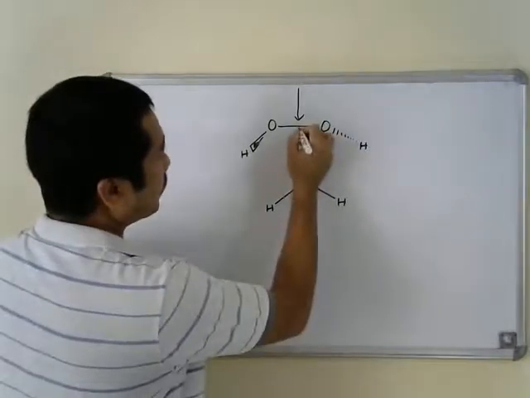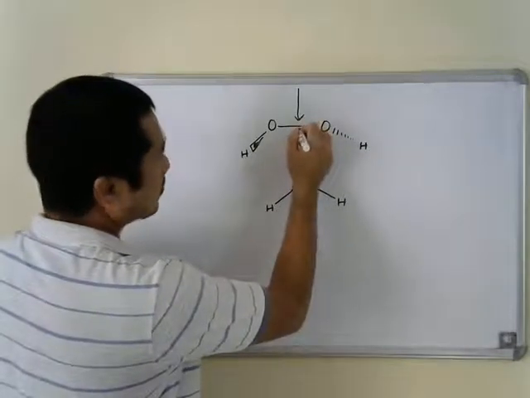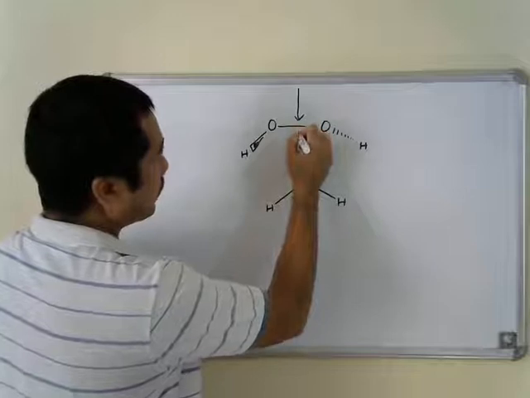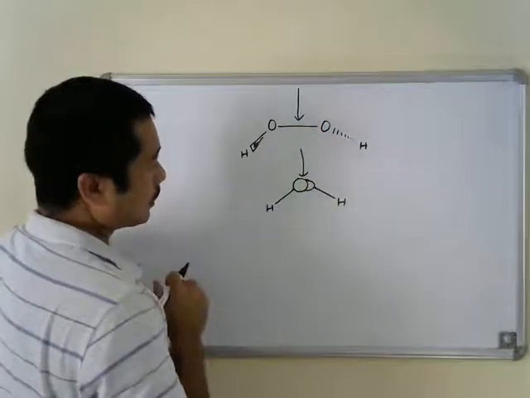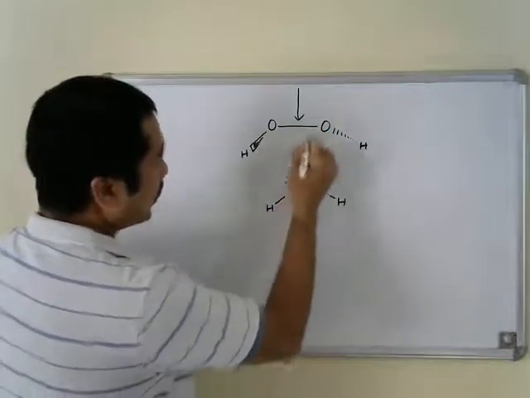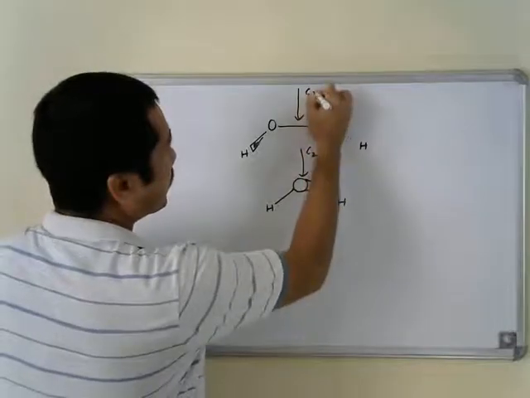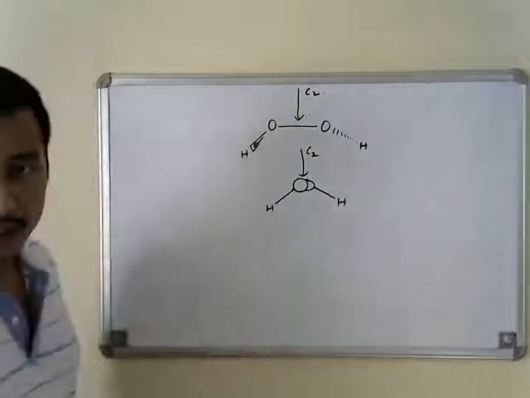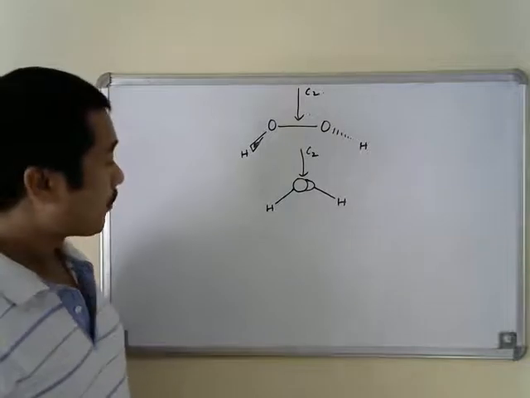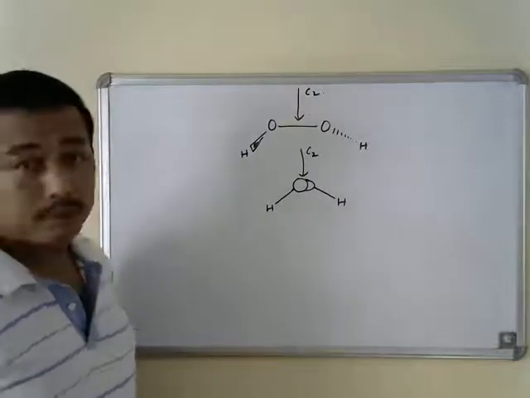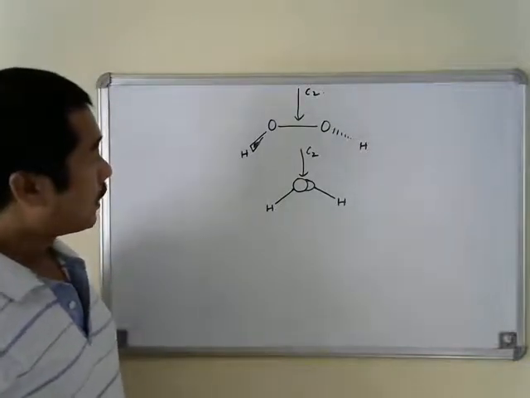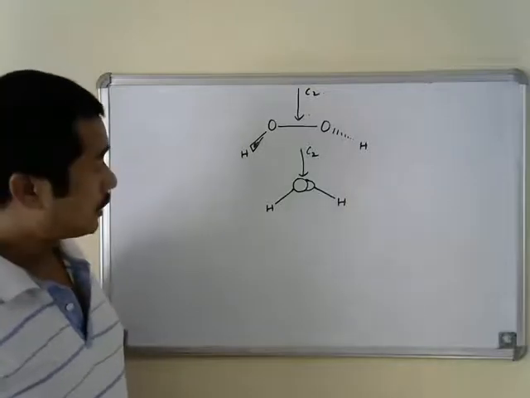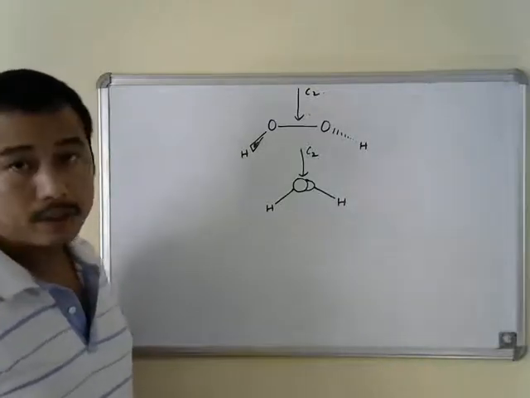If we now do a C2 rotation with respect to this particular axis, we will get an indistinguishable configuration. Apart from this C2 axis of symmetry, no other element of symmetry is present in this hydrogen peroxide molecule,